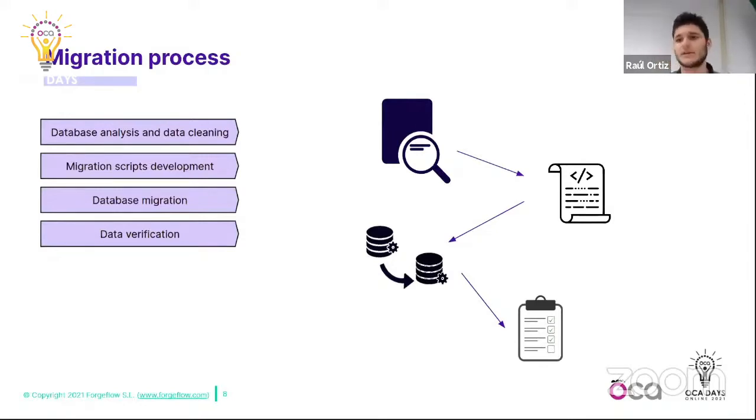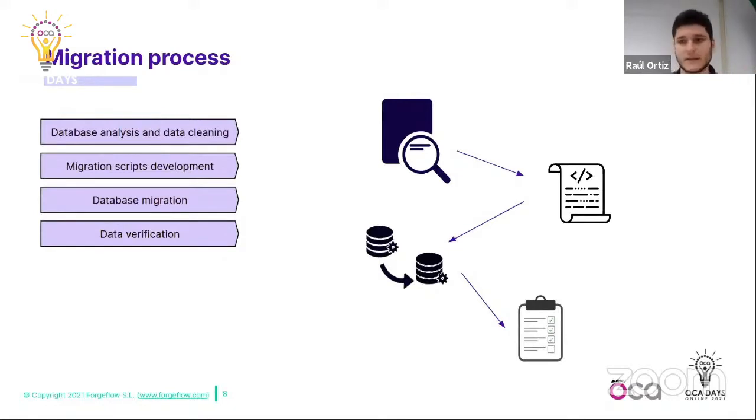The first thing that I need to do is see how many modules I have, where they come from, if they are standard, if they are from the enterprise version, if they are third-party modules or third-party apps. As I already told, OpenUpgrade, this project is only for the community version of Odoo, the standard and free version of Odoo. So once I know how many of these I have,